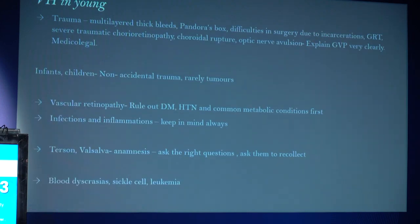Now my last slide, like I said, trauma can be a Pandora's box. Infants and children, non-accidental trauma, shaken baby is one of the important causes. Rarely they can be tumors. Vascular retinopathy, we still have to rule out diabetes and hypertension and common metabolic conditions. Post-infection and inflammations, like I have shown. Terson's, Valsalva, we have to ask the right questions and ask them to recollect these histories, and we have to keep in mind blood dyscrasias, sickle cell,